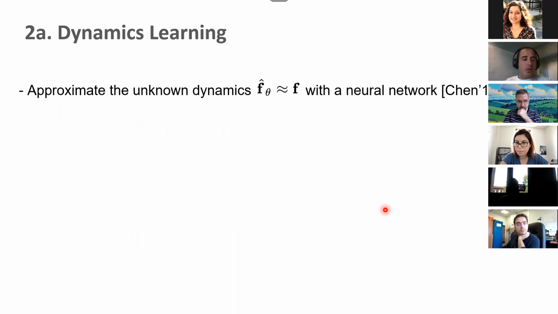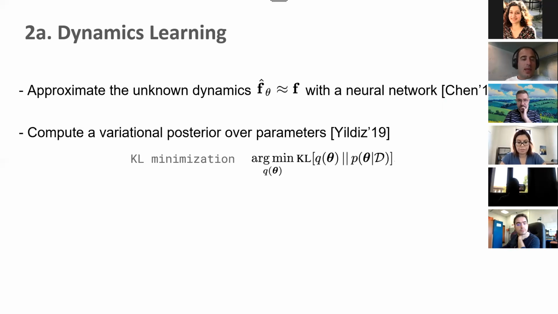So again, our goal is to approximate the dynamics using a continuous time framework, right? That's why we will approximate the time differential function f. And in this work, we choose to use a neural network to approximate the differential function. This is what people call a neural ODE, and this was published more than 3 years ago. And then our goal is to compute,